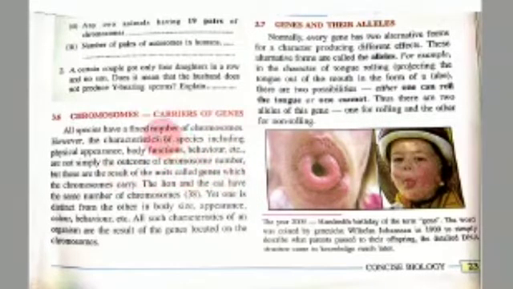Chromosomes consist of different loci. A locus consists of a number of genes. Genes are arranged in a linear fashion. They are also given letters, A, B, C, D, and so on up to K, depending upon the number of genes present at the locus. A gene is made up of alleles. So what is an allele? A kind of symbol, such as capital T, small t, capital R, small r.